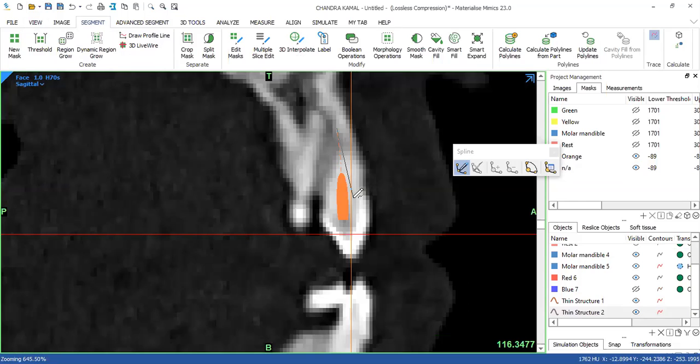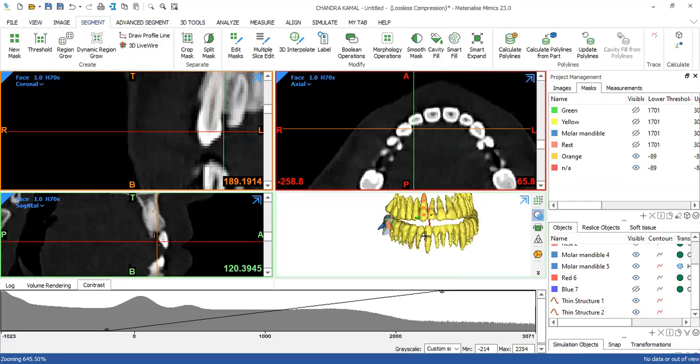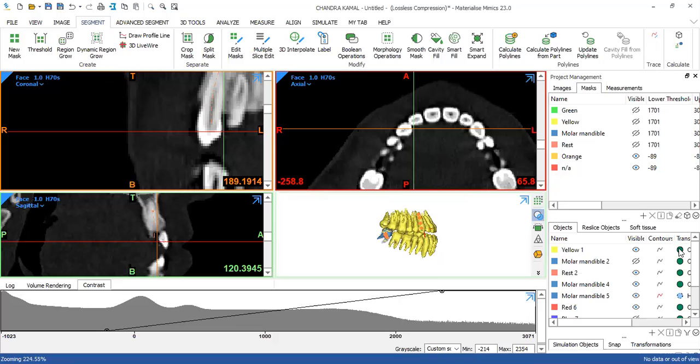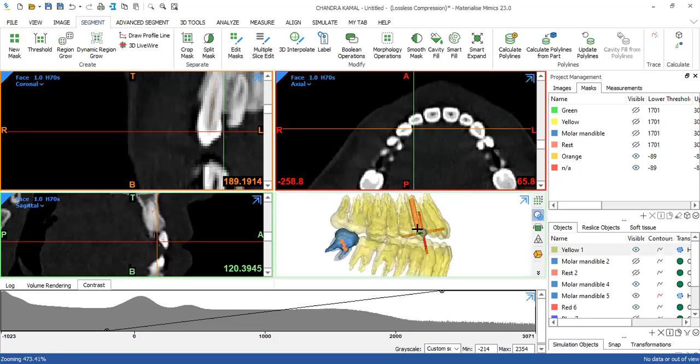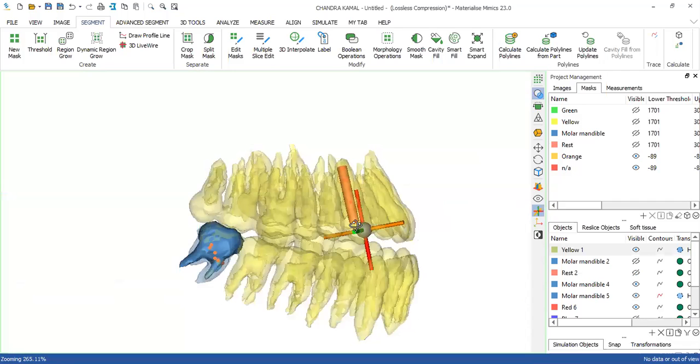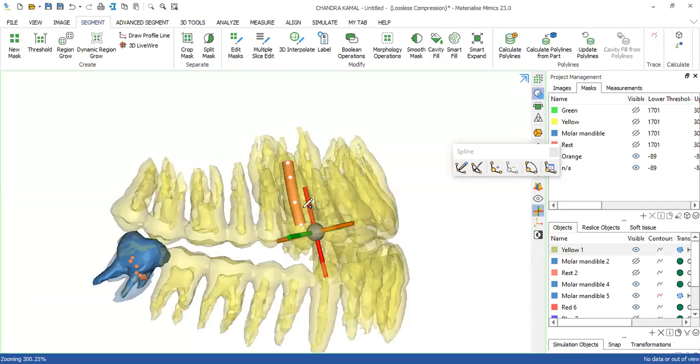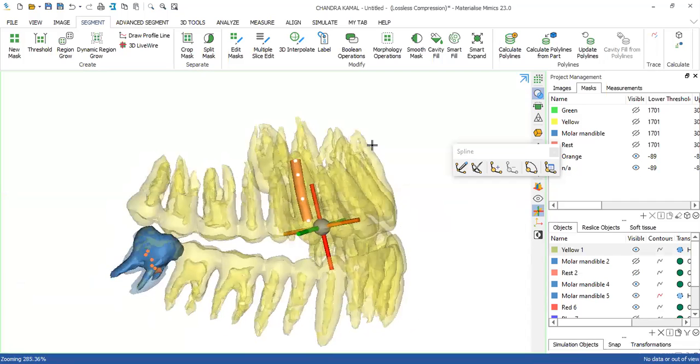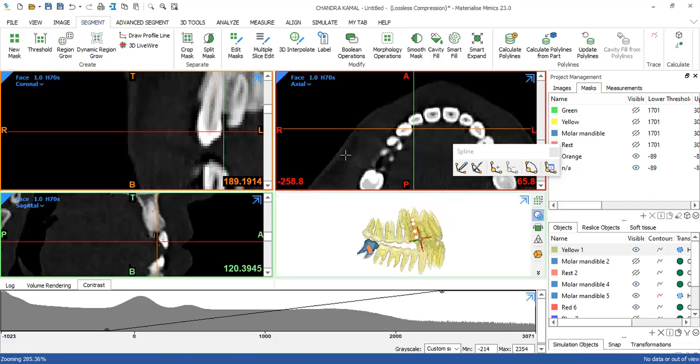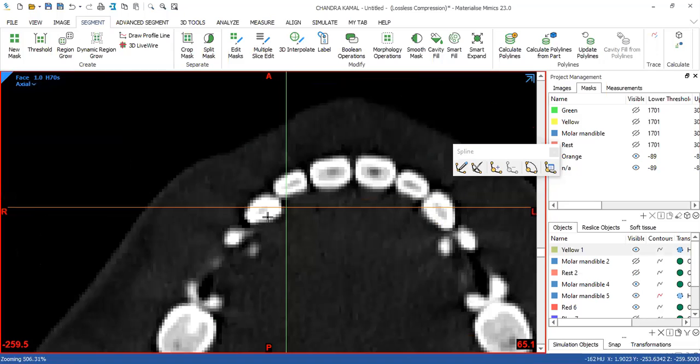I'm going to close this. And now when I make this transparent, you can visualize this. You can change the thickness of the spline as per your requirements. Right now it's quite thick.